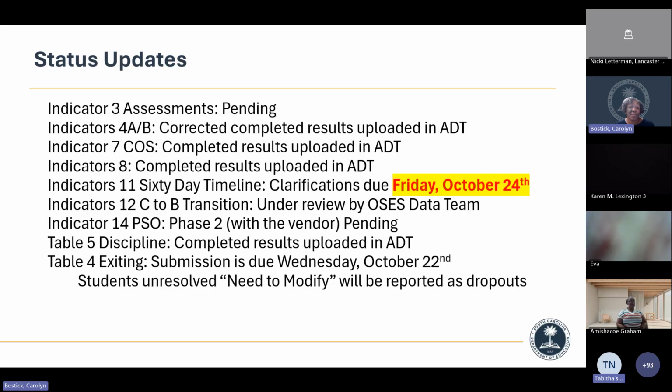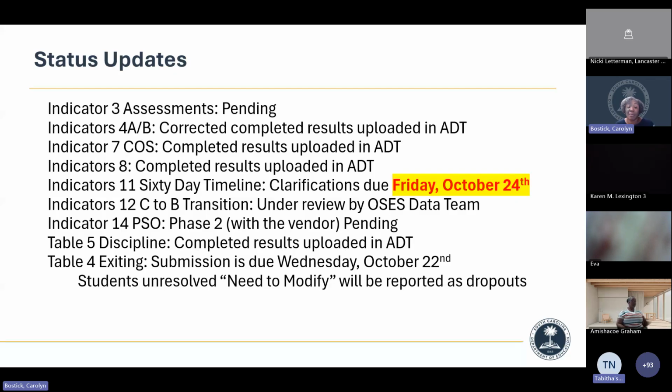The clarifications for indicator 11 are actually due tomorrow. And Andrea, I didn't change it on the slide, but we were able to get the clarifications in ADT for indicator 12. And we do have a slide to talk about what the correction ledger looks like for those of you, and that is due on November 7th, your clarifications.